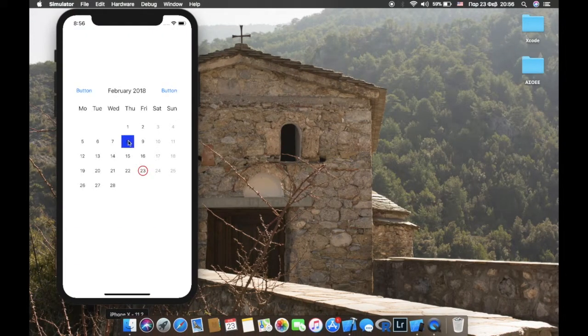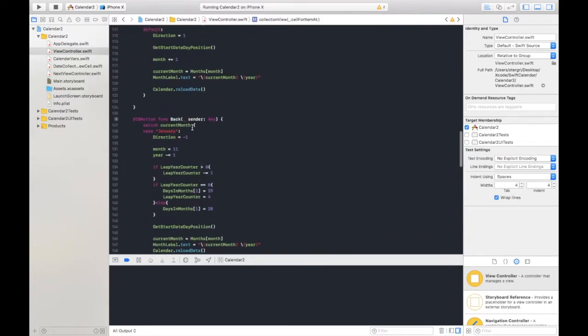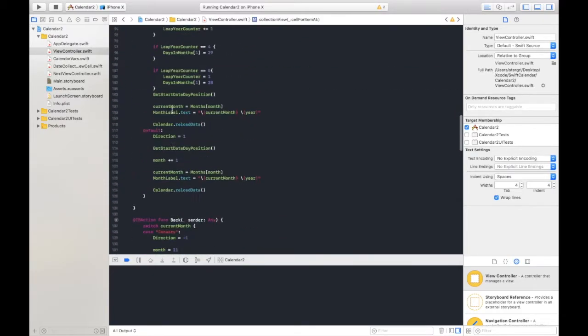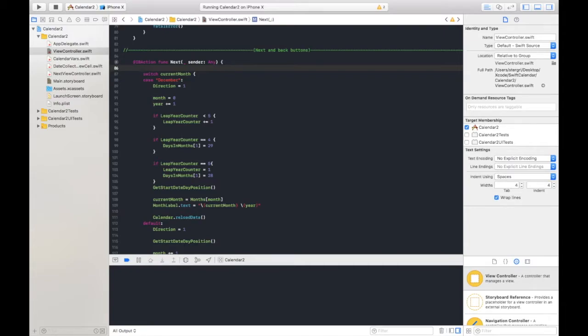So when you click here, you will see that the background is getting blue, but we have a little problem. You will notice that when you change a month, the blue remains on the date. We don't want this to happen. How can we avoid this? We have to go to the next function and back to the buttons, and before the switch statement we will set our variable again to -1,